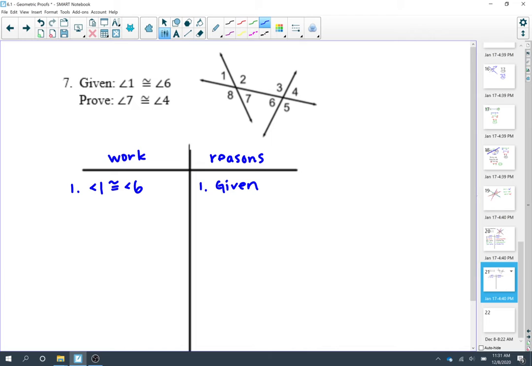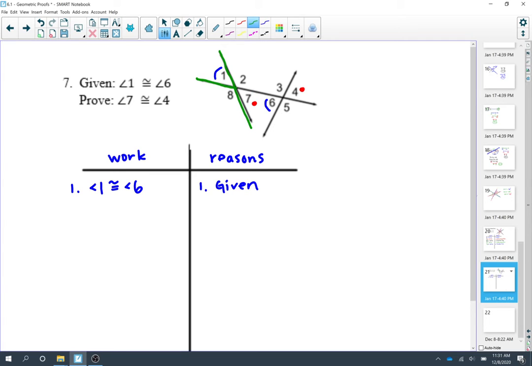So on our diagram, here's angle 1, here's angle 6. And somehow I have to prove that angle 7 is congruent to angle 4. So the first thing I'm going to try to consider here is how do I bring either 7 or 4 into the proof? So if I kind of start over here,